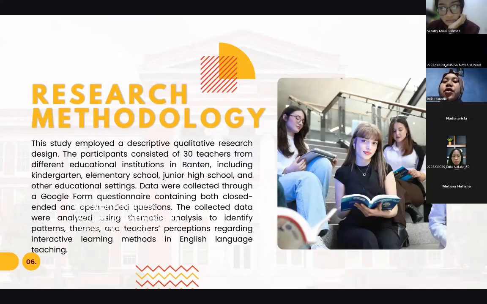Data were collected through a Google Form questionnaire containing questions exploring teachers' teaching experience, their use of interactive media, children's response to interactive learning, and effective strategies for increasing interest in learning English. The collected data were analyzed using thematic analysis to identify common patterns and themes from participants' responses. The next slide, please.